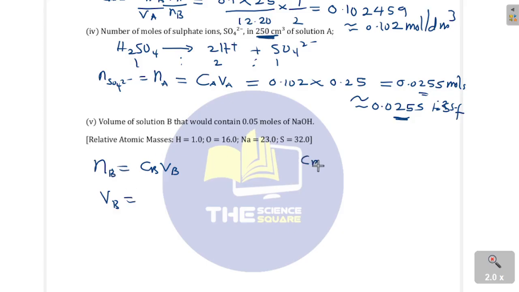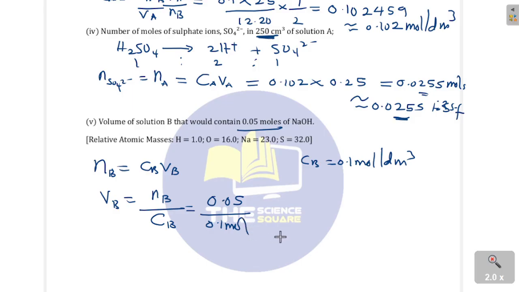The concentration of B has been calculated in our previous question to be 0.1 moles per dm cube. With this, the volume of B is going to be the number of moles of B divided by the concentration of B. The number of moles of B given in this question is 0.05, divided by the concentration of B, 0.1 mole per dm cube. If we do this division, 0.05 divided by 0.1, we are going to get 0.5